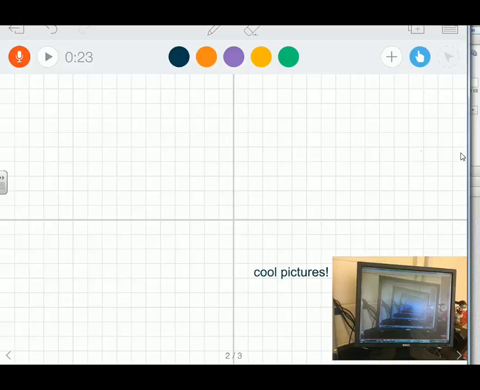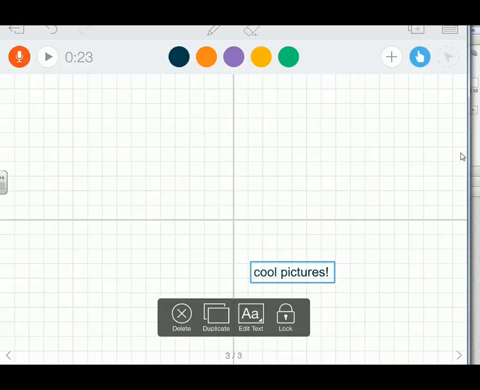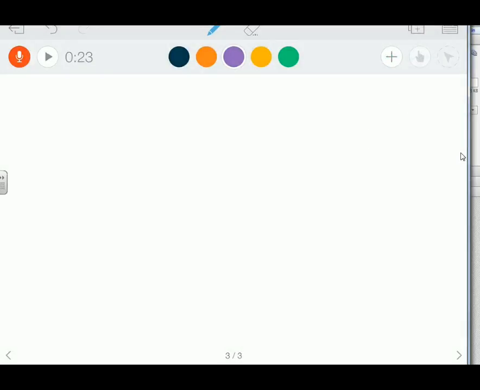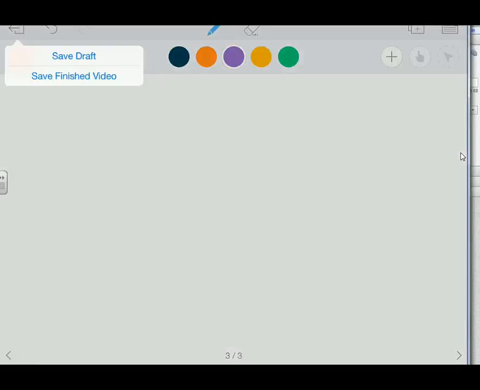There's some stuff I did before. If you don't like what you see on the page and you want to just have an additional page for continuing your solution, you can do that as well. At some point, you're going to want to wrap it up, and you're going to save the finished videos in the top left-hand corner. You can exit out of this by either saving the draft if you're not quite done,